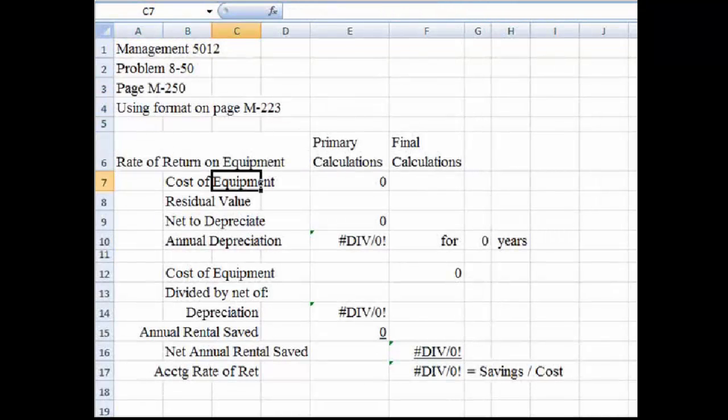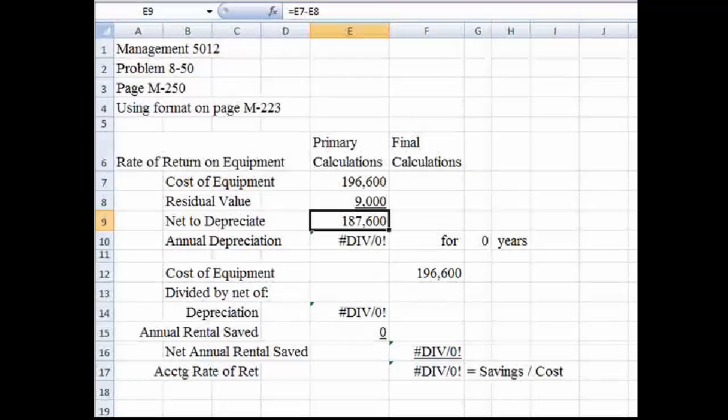On your screen, the $196,600 for cost of equipment goes into the cell under Primary Calculations and to the right of Cost of Equipment. You'll notice that a formula also puts that number a few lines down in the final calculation column. Under the Cost of Equipment in the Primary Calculation column goes the residual value of $9,000. This entry enables the formula in the next cell down to calculate a net amount to depreciate of